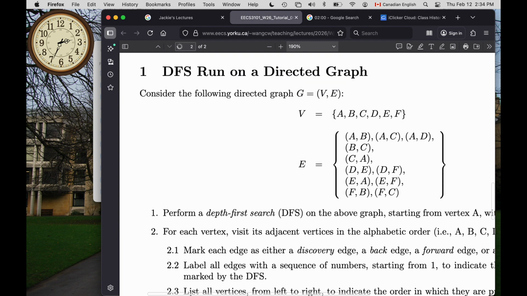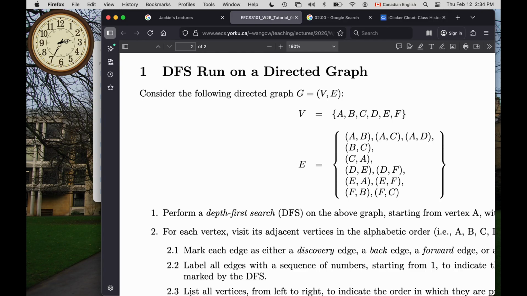So the question goes like this. We want to consider some directed graph, and the graph is actually not given to you visually right away. Instead, we give you the vertices and edges. So what you should do is to really draw all the vertices and draw the arrows as well. All right? Why don't we take that as the first part? And then once we agree on the graph we're going to start with, we're going to do the second part, which is some depth first search, and then we're going to keep track of,